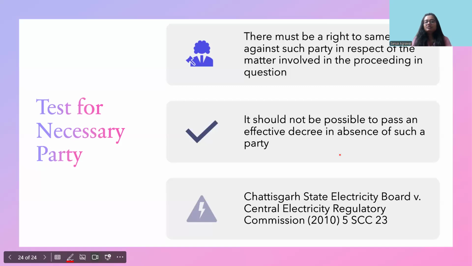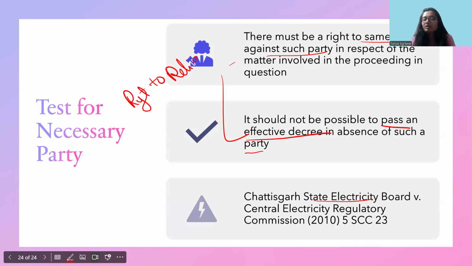Now, the Chhattisgarh State Electricity Board, and there are a lot of other cases in which the test for necessary party was given, where it was said that a necessary party is a party who has a right to relief, or against whom the right to relief is claimed. And we will see it is not possible to pass an effective decree in absence of such party. If both these things are there or any of these things is there, then the party will be considered as a necessary party. So first we will see whether the party has a right to relief or against whom the relief is claimed,